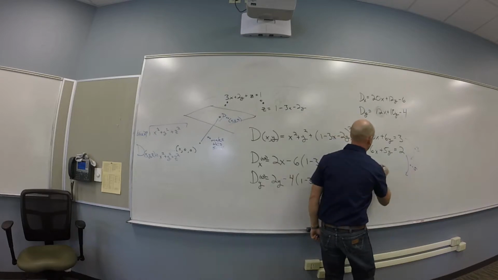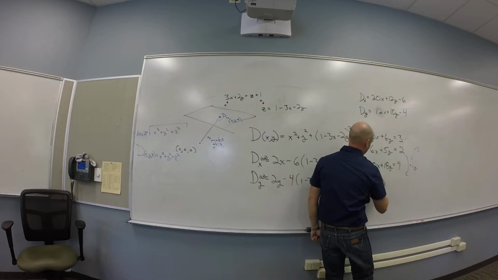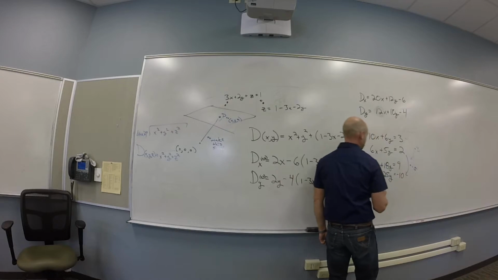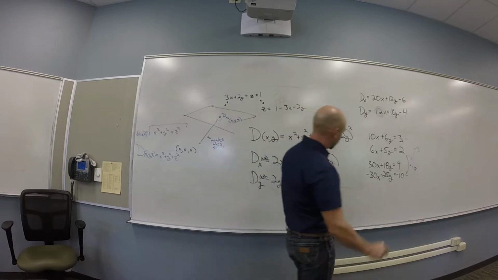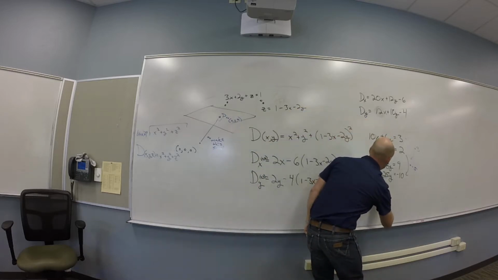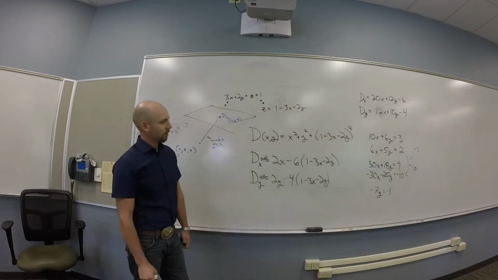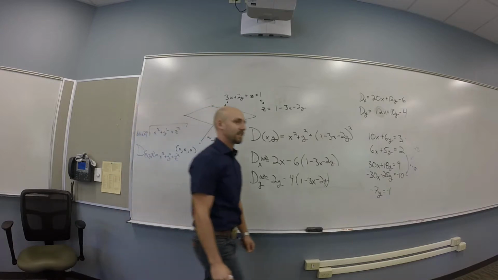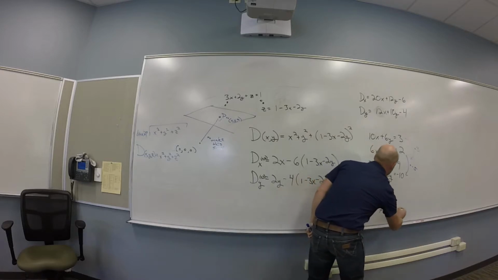So you should get 30x plus 18y is 9, and negative 30x minus 25y is negative 10, give or take. So up to arithmetic error, I'm getting minus 7y is negative 1. Yay, more 7s. Why does it always have 7? Seriously, why so many 7s? Okay, so you get y is a 7th, and x is then